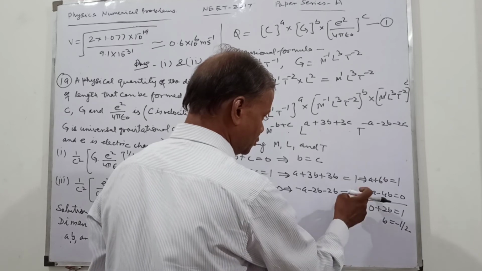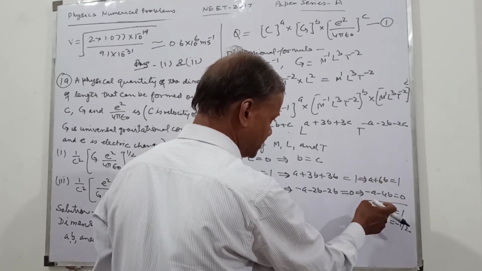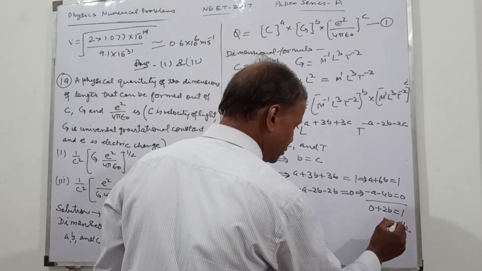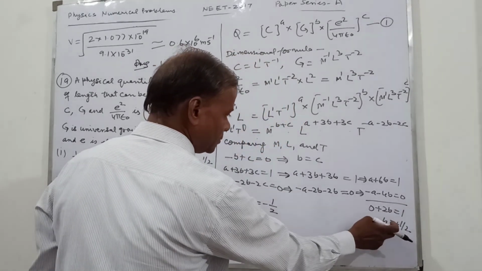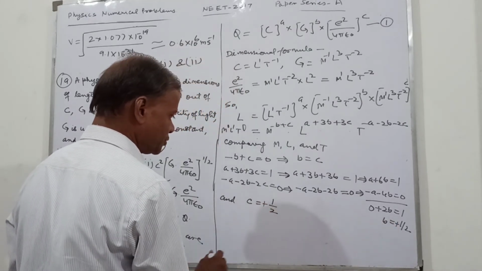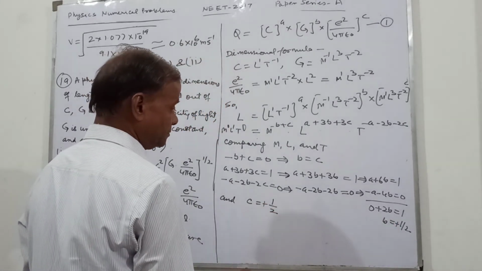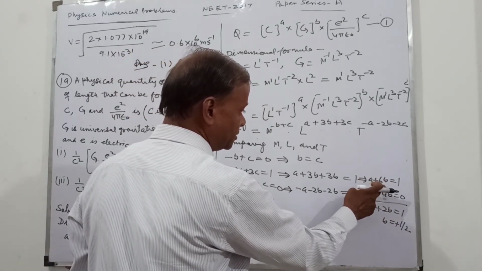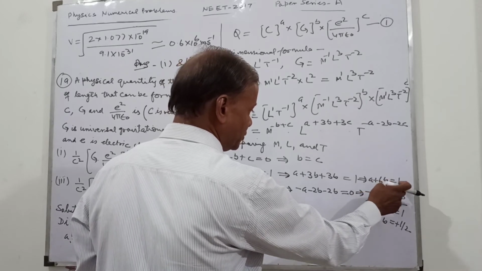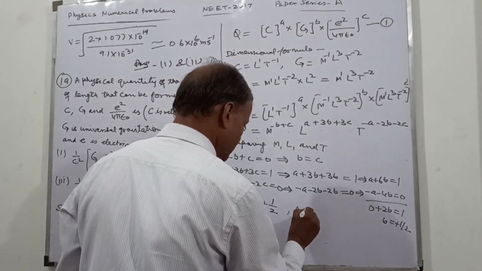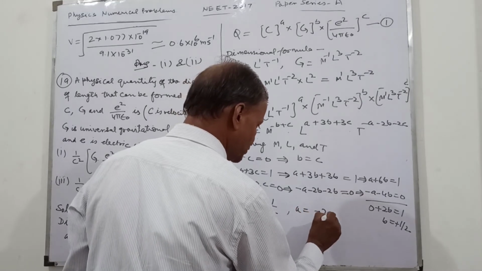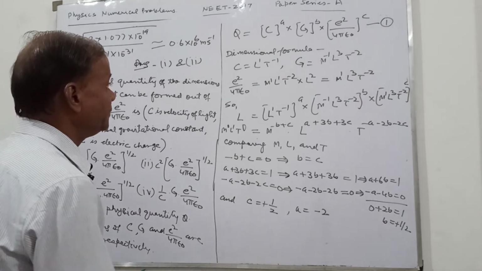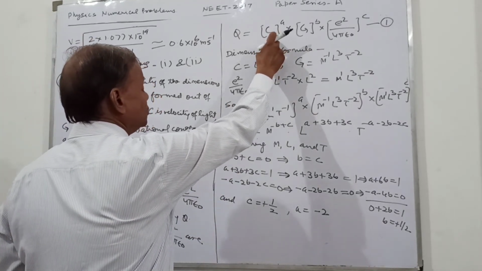Add. So this will cancel and here you will get minus plus 2b equal to 1. So b equal to plus 1 by 2. B equal to plus 1 by 2, so c equal to plus 1 by 2. And then b and c are known. Put it here. So this will become 3 and this will be minus 3, so 2 will come. So a equal to minus 2. Now we put these values here in this place. Therefore,